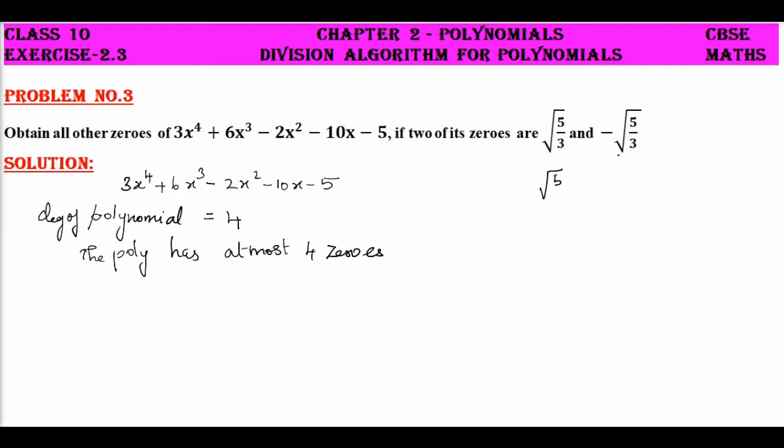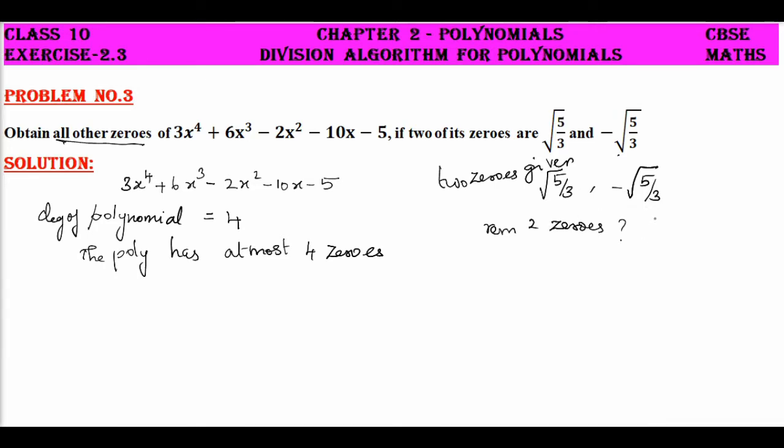So the 2 zeros are, these are the 2 zeros given. And you are asked to find all other zeros. That is, you have to find the remaining 2 zeros. So that is the question of the given problem, right? So you are given a polynomial of degree 4. Therefore, it has at most 4 zeros, among which 2 zeros are given, and we are asked to find the